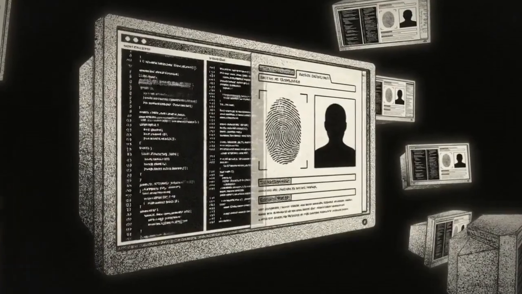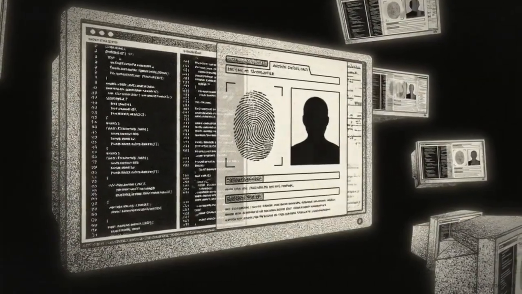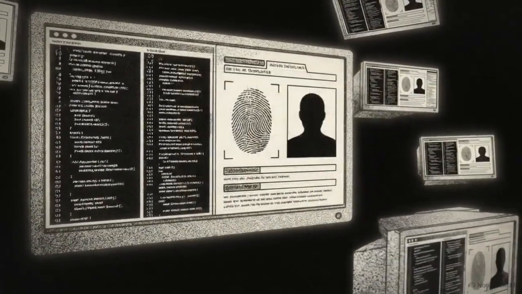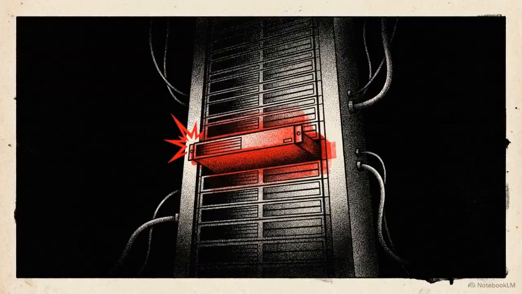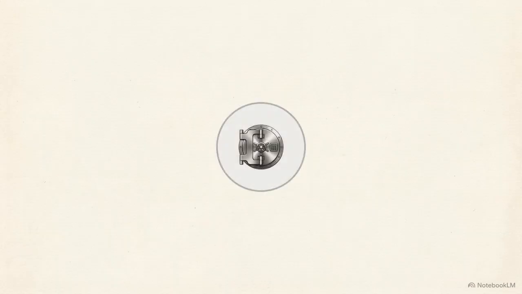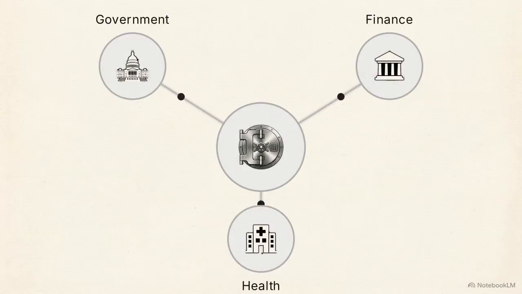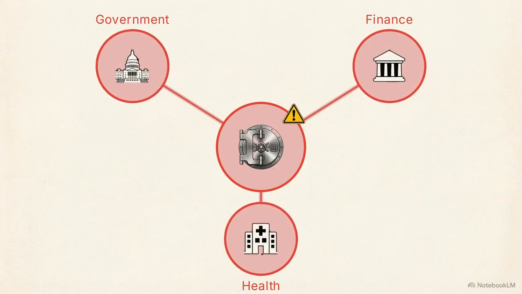By making these programs mandatory for basic participation in society, governments have transformed digital identity into a massive, non-consensual cybersecurity risk. The Alan Turing Institute recently reported that these systems are the critical, weakest link in national digital infrastructure. Because these platforms are deeply interwoven, they act as risk amplifiers. A compromise in the identity layer allows an attacker to move laterally into connected financial, health, and government services.